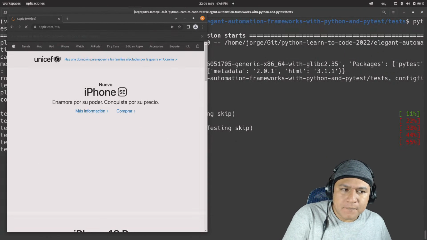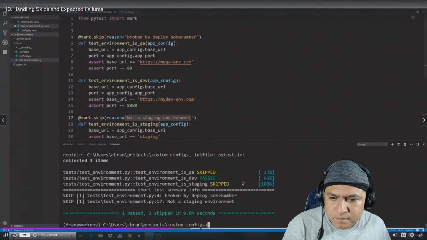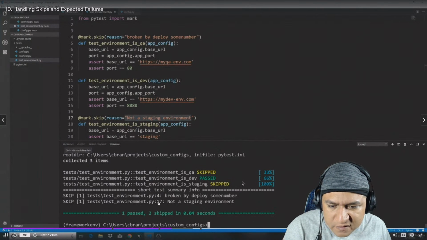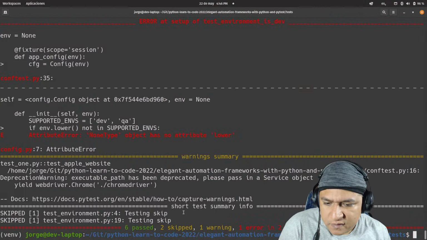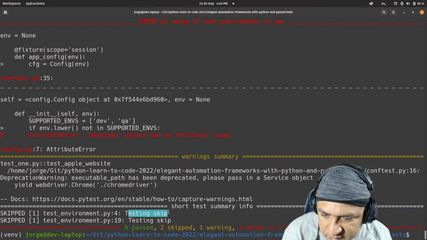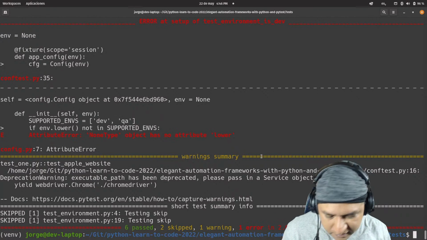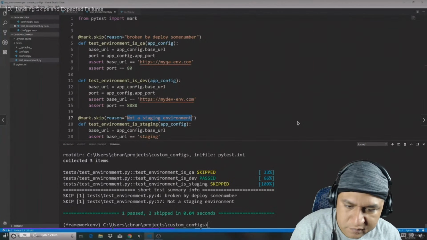We got the same thing we did before, but with the addition of, okay, this test environment, skip test environment here, test environment is QA, broken by deploy some number. So, all right, awesome. Then short test summary info. So let's look for that. Short test summary info. Okay. Yeah, I'm getting the same info. Perfect. It basically told us, hey, you skipped 2 tests, and as for those 2 skips, here's why they were